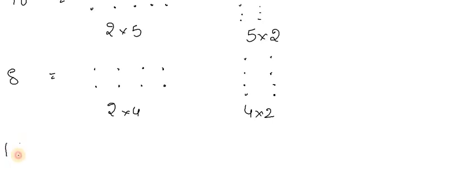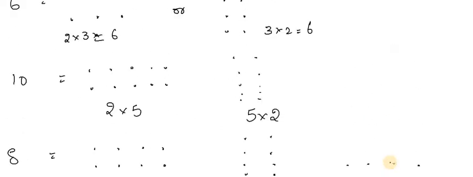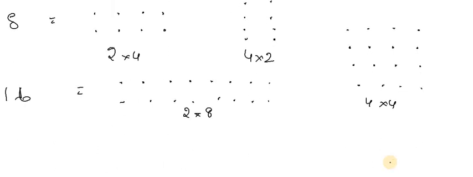And next is 16. 1 2 3 4 5 6 7 8. The same way we will go here also, means 2 rows 8 columns. And here I'll come 1 2 3 4, 1 2 3 4, 1 2 3 4, 1 2 3 4, means 4 rows 4 columns. And he has 5 examples, we have just given 4, and the last one more is 25.